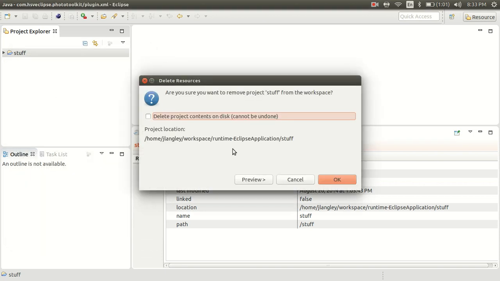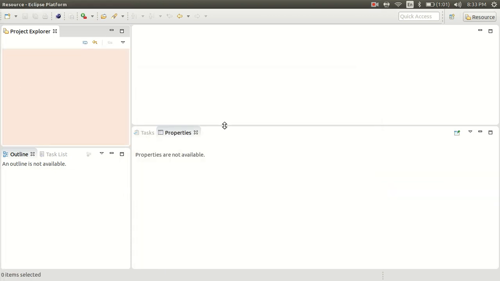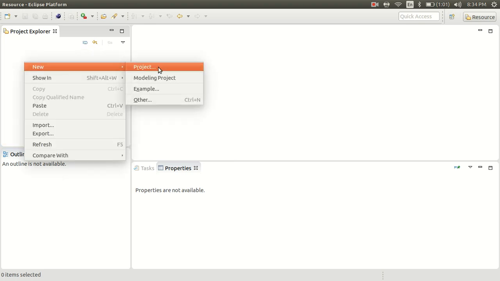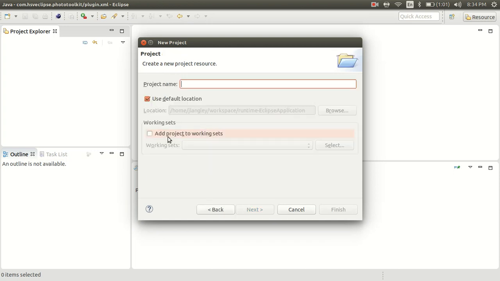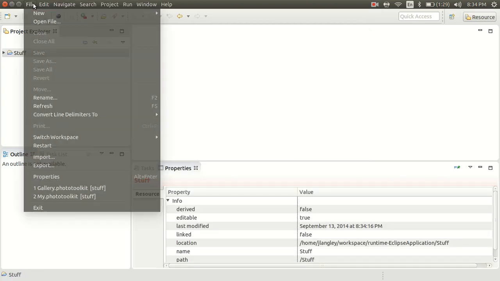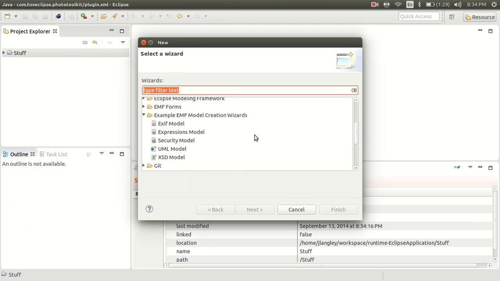Some of the documentation you find online, there's one part that I found that some of them miss. So let's say you've generated all your code and you have a model and you're trying to create a new instance of your model, the thing you have to do first is to create a project, which we're just going to do an empty project, and call it stuff, because you have to have some place to put the resource. And then you can do a file new, go to other, and so what I'm looking for,